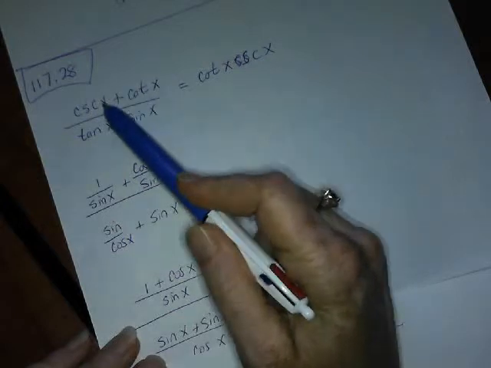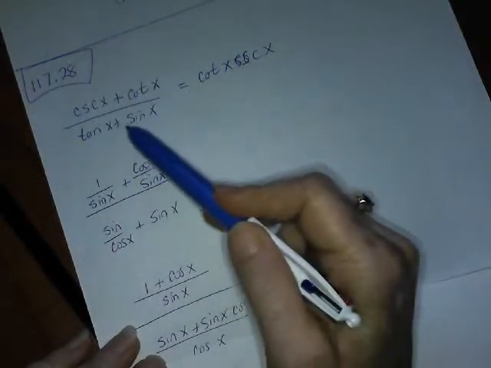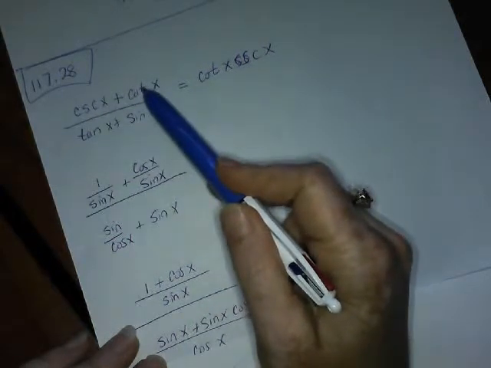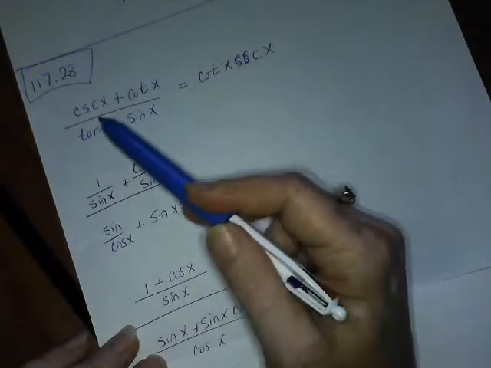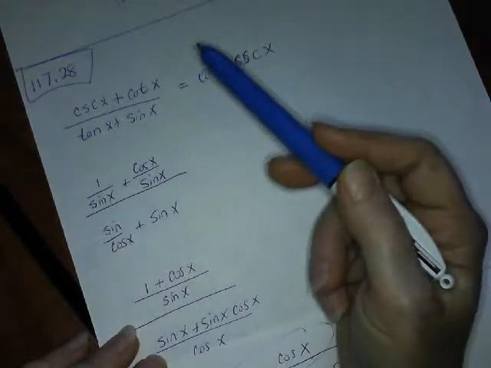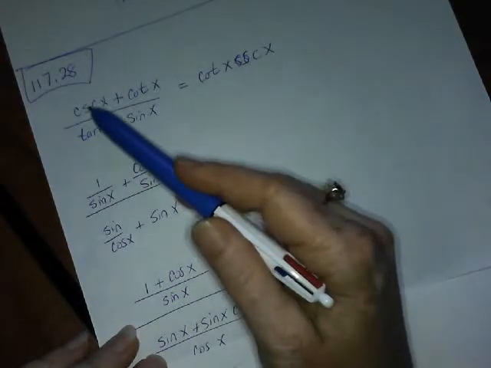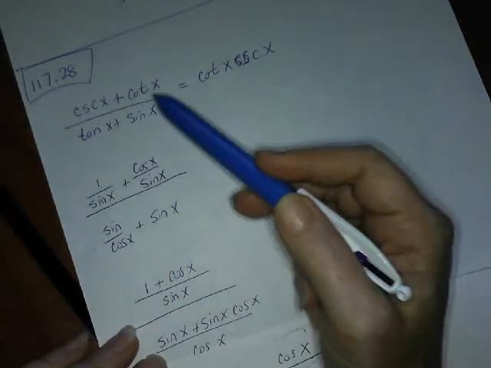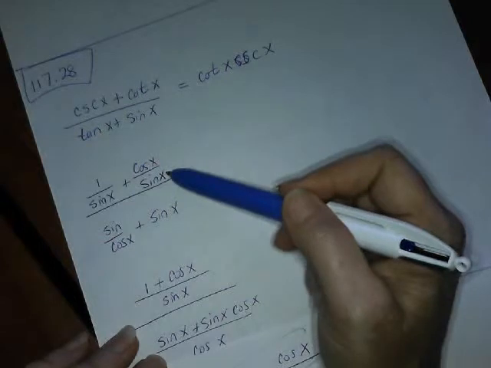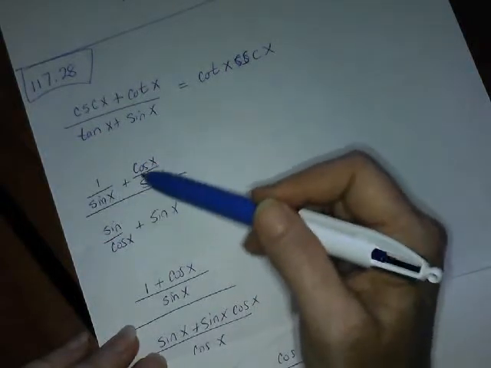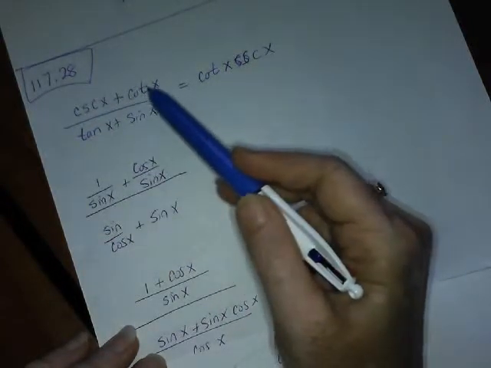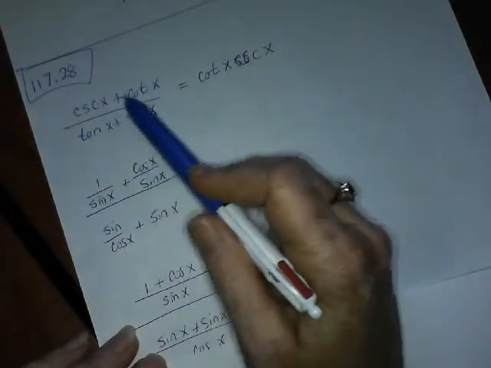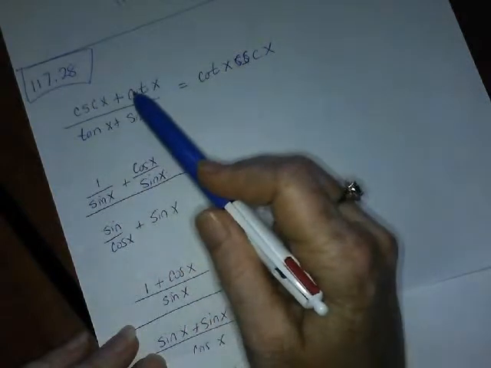So what I did is I did that common denominator thing on the top and on the bottom. I wanted there to be a common denominator on the top, and it turned out I didn't have to try too hard, because I just rewrote cosecant as 1 over sine x and then cotangent as cosine over sine. So I got my common denominator easily just by trading those things out, because that's really what I wanted to do, is get these two together on a common denominator,